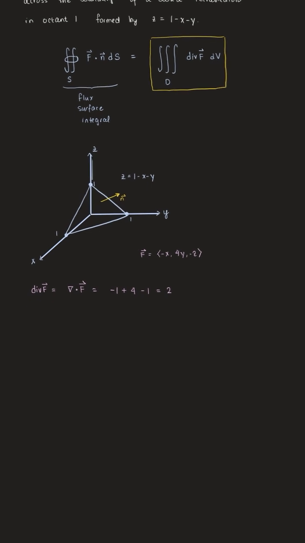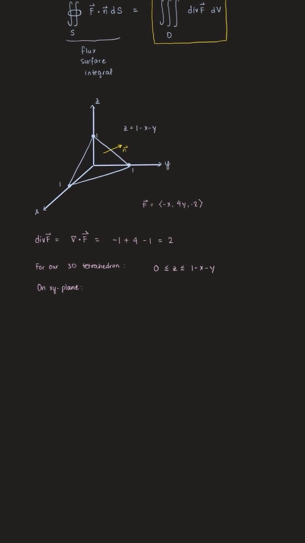Okay, and now if we want to integrate over this region, we have a 3D tetrahedron, so we'll stick with rectangular coordinates. That makes sense for this problem. I'll go z simple, and we can see that z is enclosed between two surfaces, the xy plane and the plane 1 minus x minus y. Once we've done that, we can look at the xy plane and consider the shadow of our tetrahedron onto the